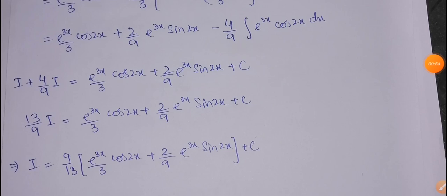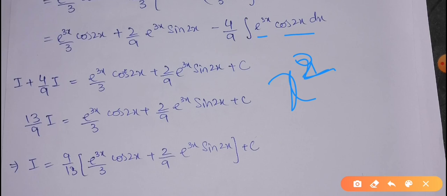Why does such an expression occur again and again in our questions? Because here e power 3x, that is an exponential function, and trigonometric functions are both functions whose derivatives can never be equal to 0. Polynomial functions may have some derivative 0. For example, if I take x square, its first derivative will be 2x, second derivative will be 2, but the third and other higher order derivatives will be 0. But exponential functions and trigonometric functions can never have a 0 derivative. That's why these come again and again.